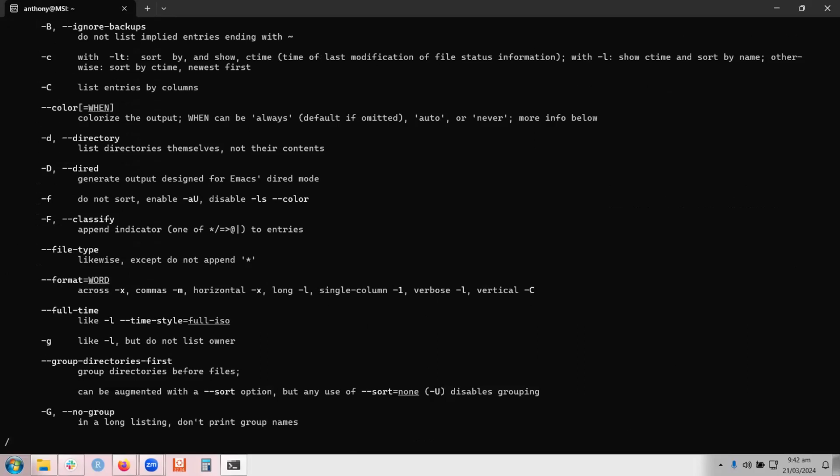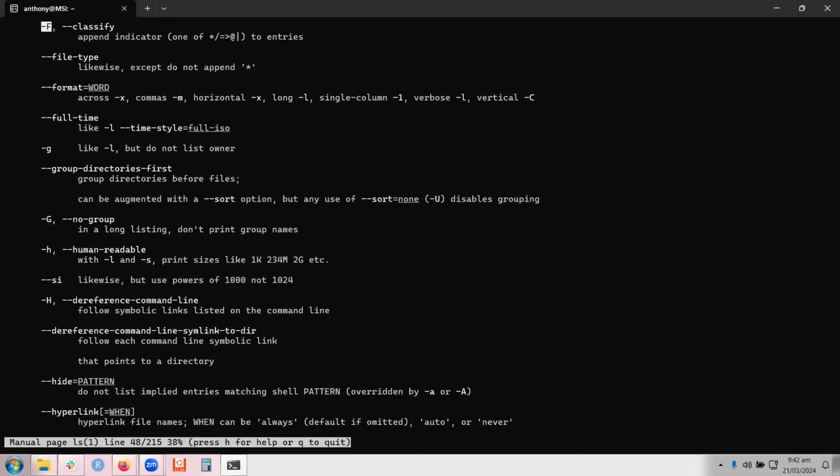So for example, if I wanted to find the dash F option, I could type slash and then dash F and then hit enter, and it will find the first instance that matches that. So dash capital F. And as you can see,